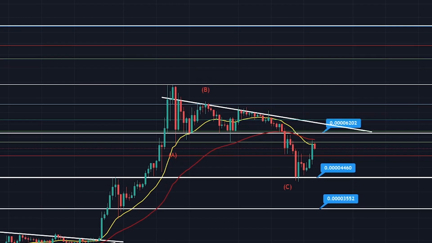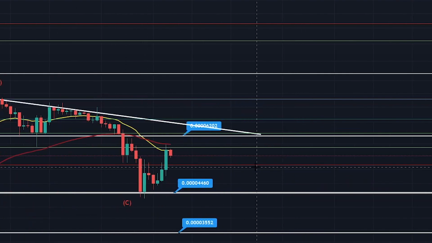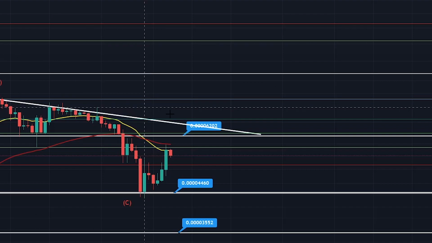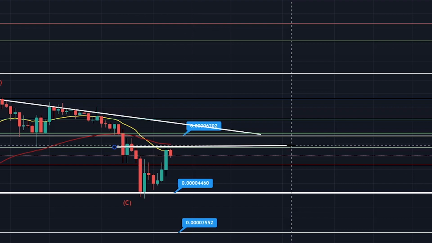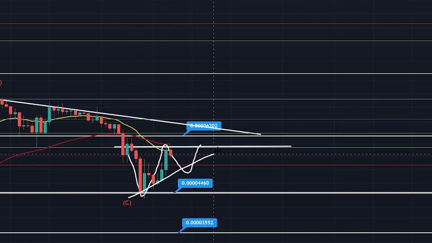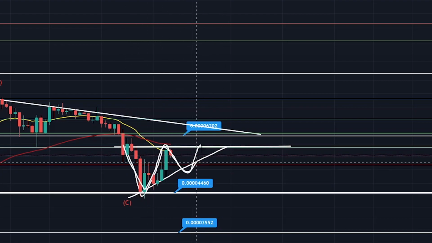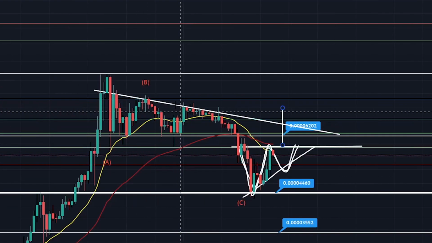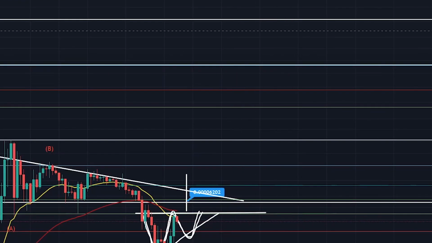Now what you do need to see on the 4-hourly time frame is some kind of bottoming out structure, okay? So potentially right here you might come down a little bit more, because this is what we like to see, some bottoming out structure. So just here we've got key level resistance for SHIB at the moment, so you need to see some kind of reverse pattern like this, like a higher low, some kind of ascending triangle, a W bottom pattern, and once you break out of that, you'll be in a technical target from that level of resistance just there, and you'll start to get the break and you start to come back up and attack that high, okay?